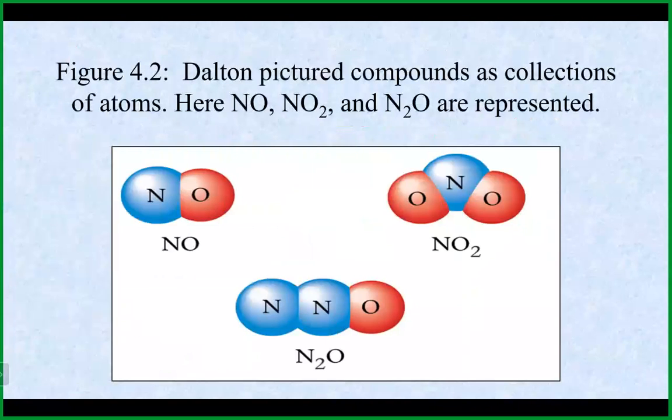So here's the idea that Dalton pictured compounds. It's really a collection of atoms. And, you know, we talked a little bit about elements. And again, elements are really your basic building blocks of everything. So the idea here is obviously, if elements are kind of like the letters in the alphabet, you can make many, many different words, depending on the combination of letters that you use. Same idea here, different combinations of elements, and even really different amounts and combinations of the same elements will give